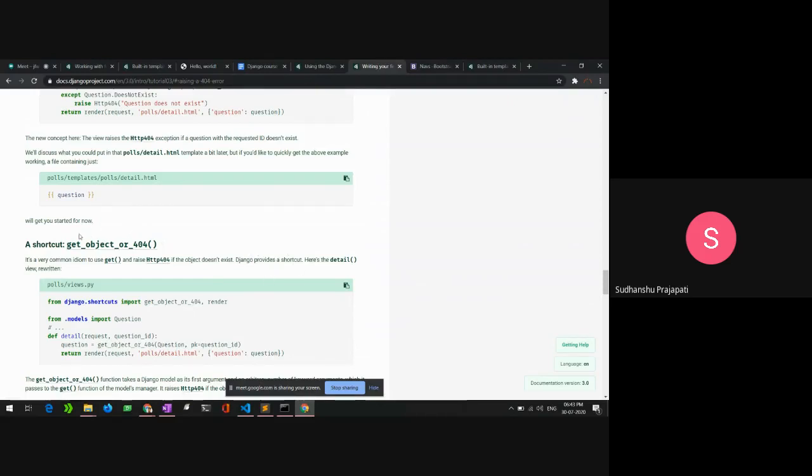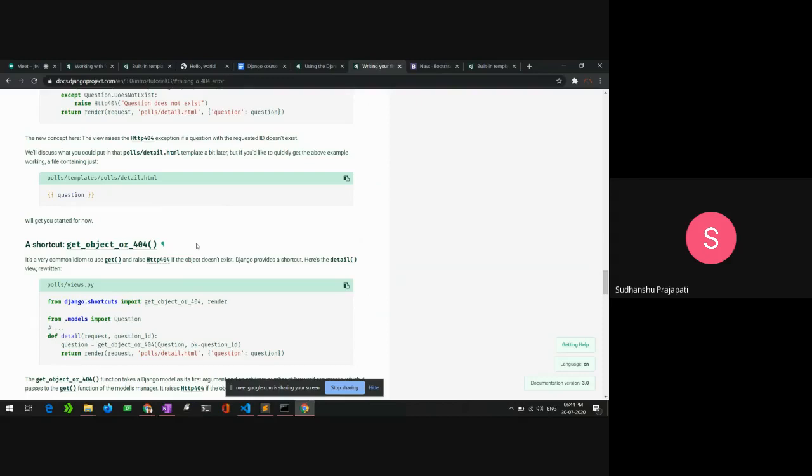For that purpose, we have a simple shortcut, get object or 404. I will explain it later, you don't need to worry about it. We just have to import it and use it. It will get the object if it is present in the database. If not, it will raise the 404 error that you actually see on some websites.